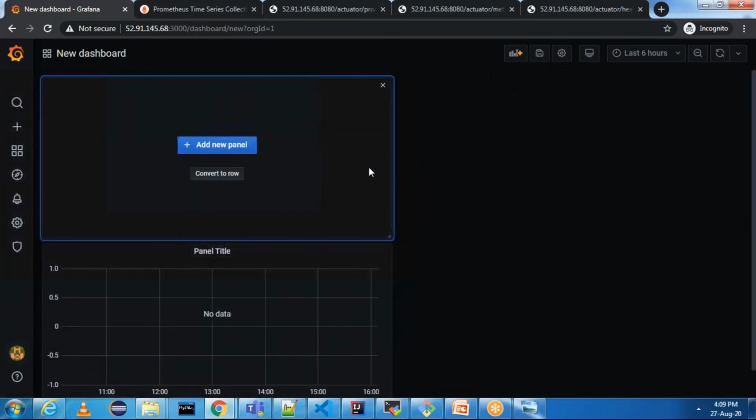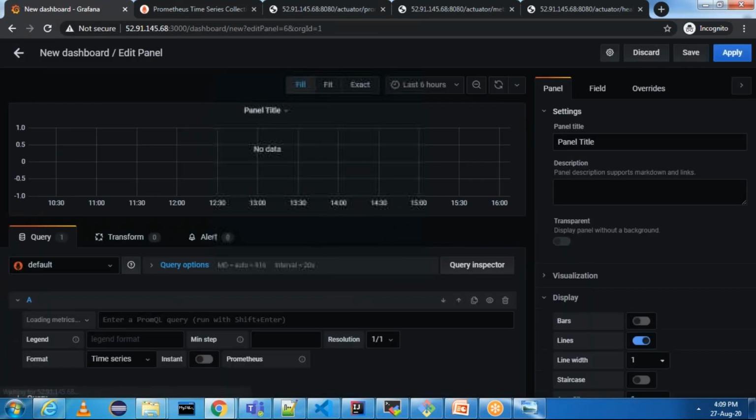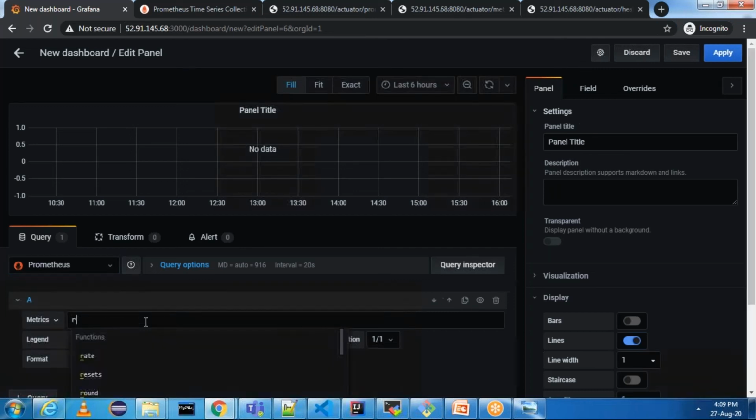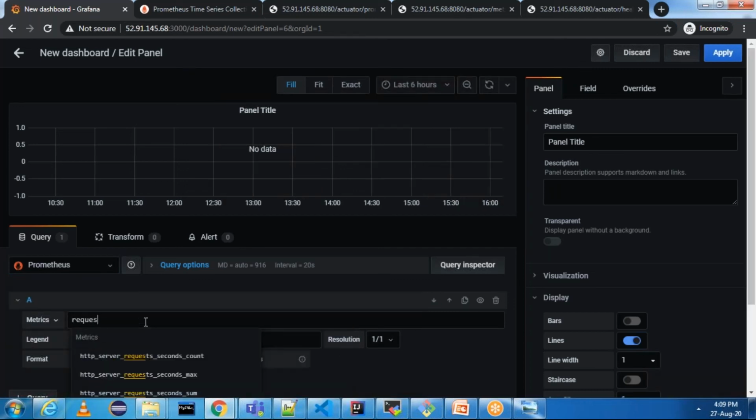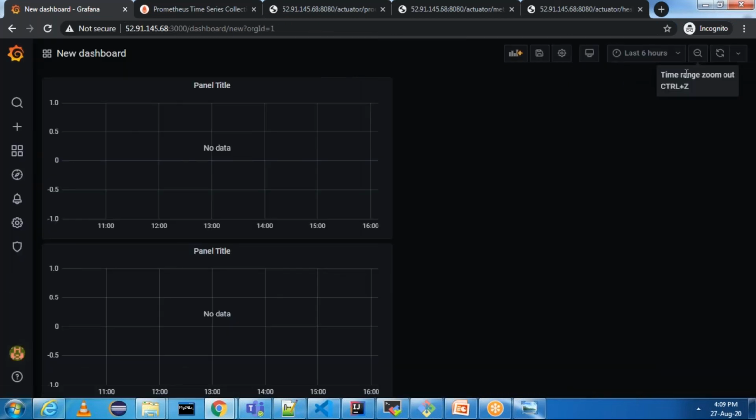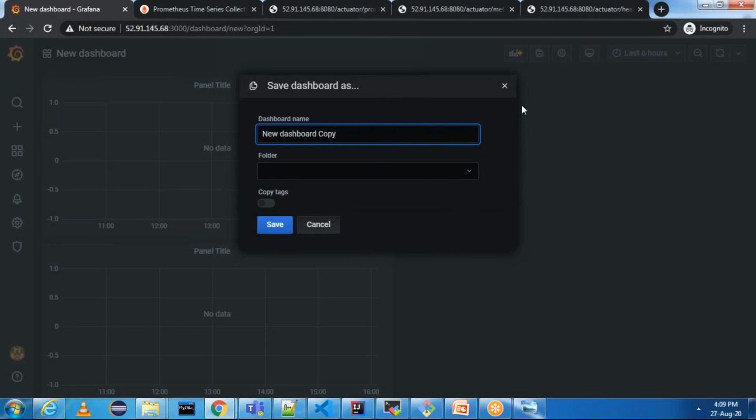Add a panel, select Prometheus, and in options say HTTP request seconds count, and you can say apply, and then finally you can save the dashboard.